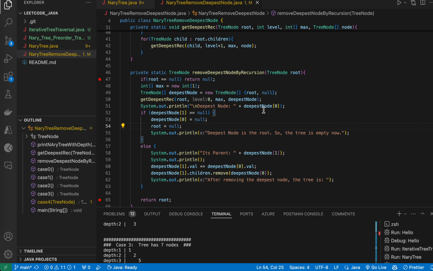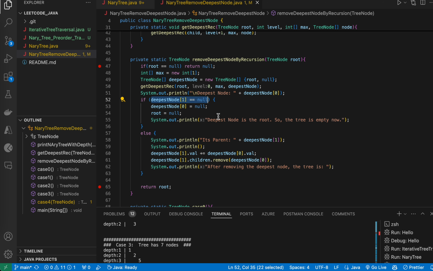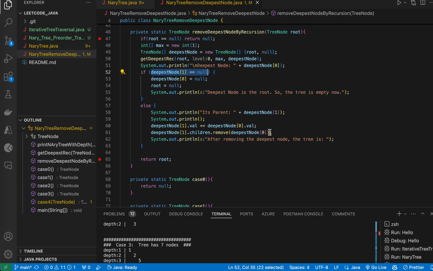And in here if the second argument is null, that means there is no parent, so we have one item in the node only, in the root. Otherwise, at the end, we add the value to the parent,